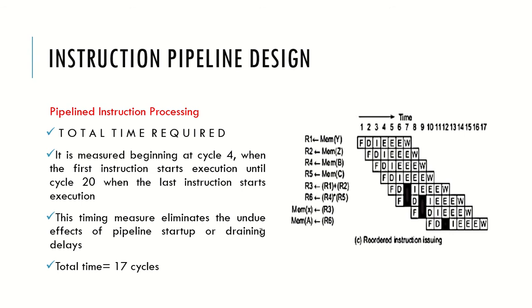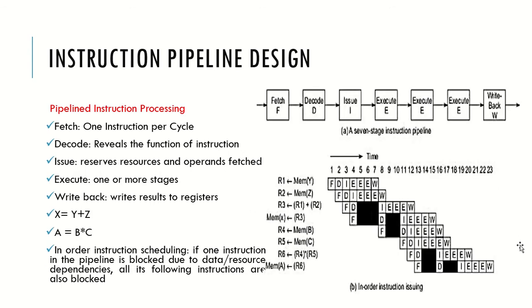So in the case of the first pipeline, you actually required nearly 23 clock cycles to complete the execution of all these instructions. 23 clock cycles were required for the complete execution of all these instructions. If you could think about rearranging the order, taking the instructions which are not dependent on each other to the top positions of the sequence, you can significantly reduce the time taken by the pipeline. Okay, so that is called reordering the sequence.